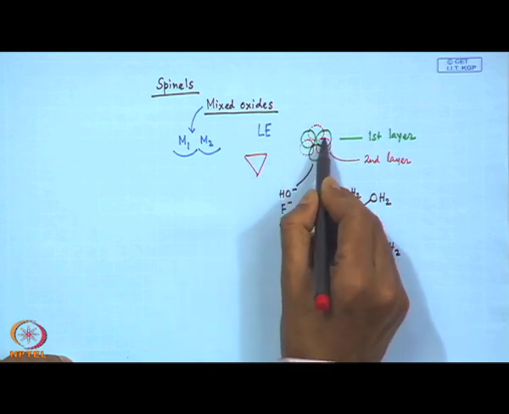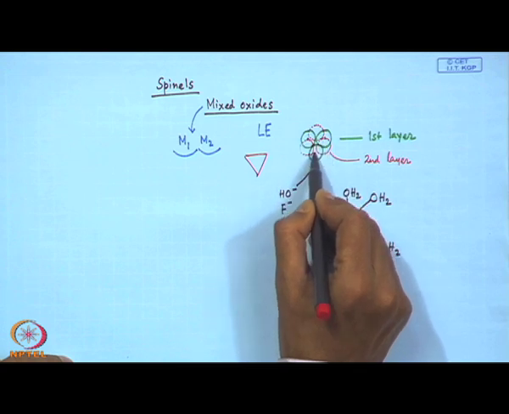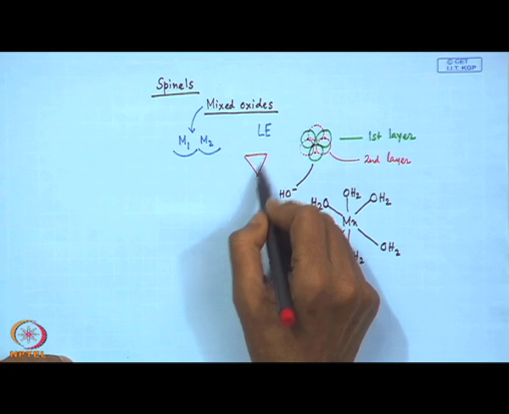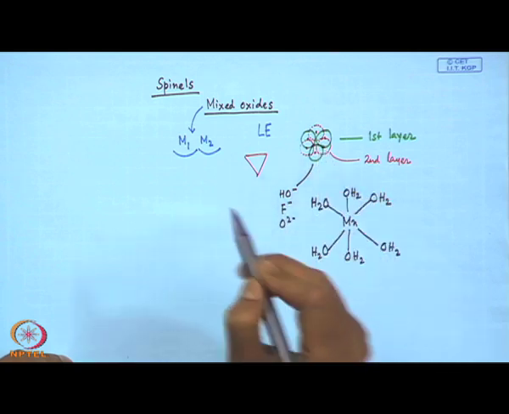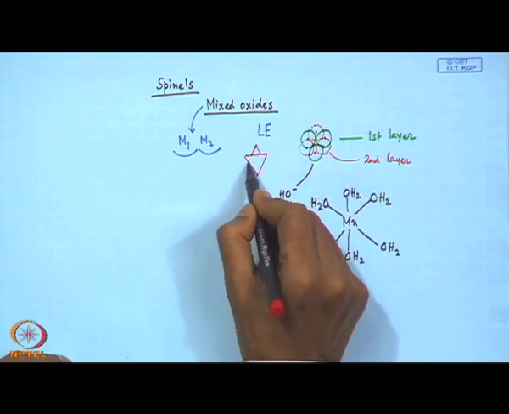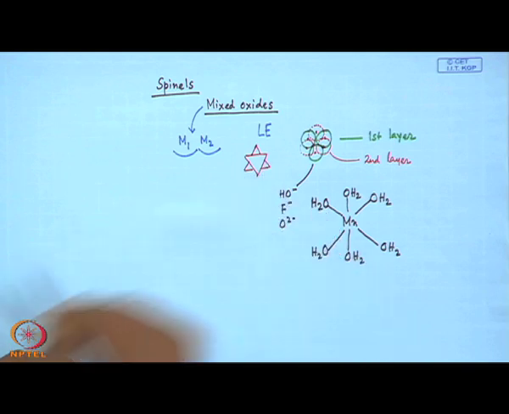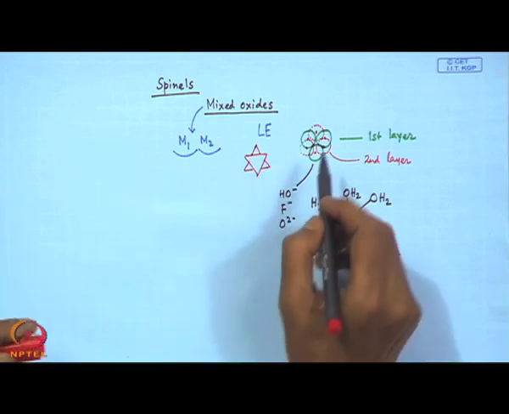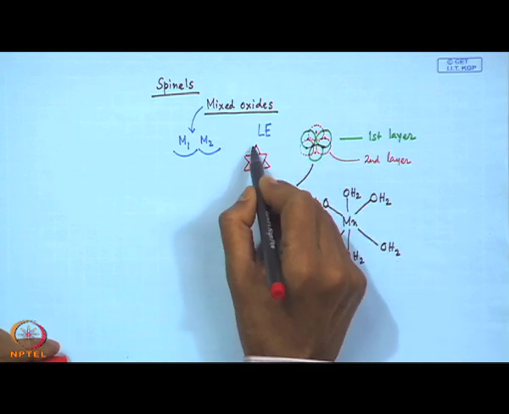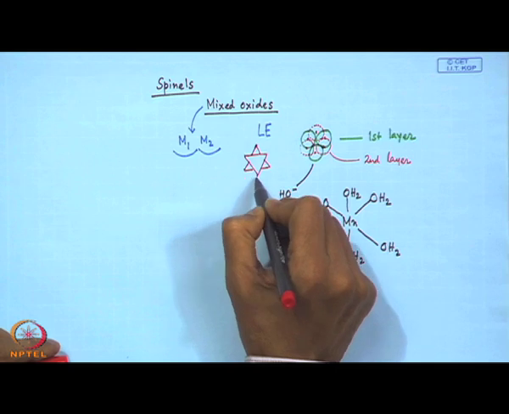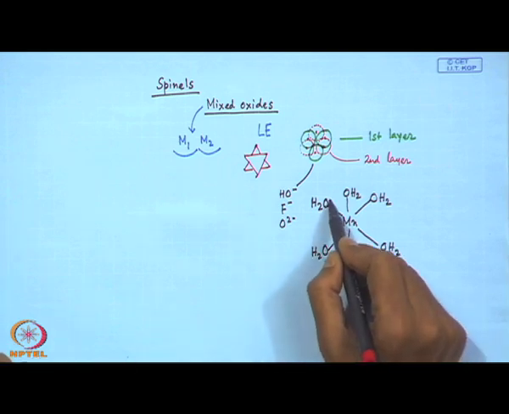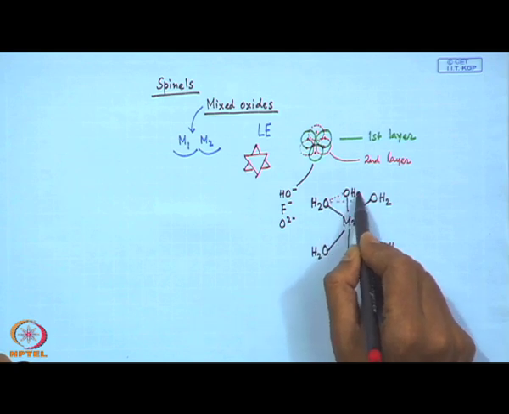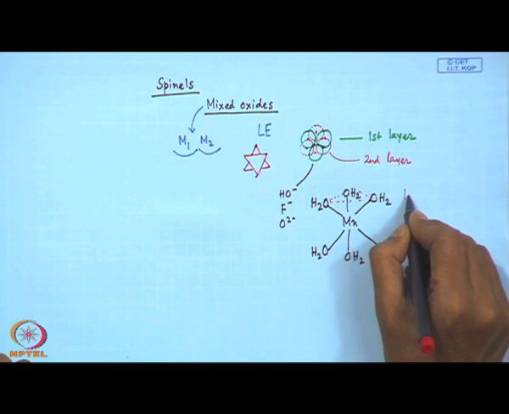So, if we take the center of these green circles and add up, we have a circle like this. Then if we just consider the center of the red circles, the center of the red circles will be like this. So, this particular feature we can have if we take 6 spheres together, and the center of all these 6 spheres are taken in this particular diagram. Here, these 3 are in one layer, that means the first layer,